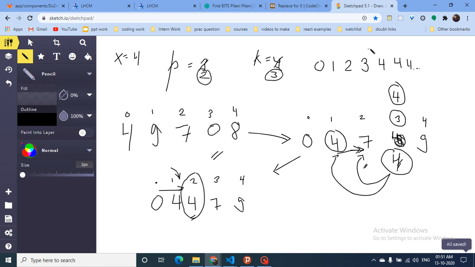Let's assume I have numbers till 3 in the array, 0, 1, 2, 3. If I keep on inserting 4, then it will start from the 4th index, and 4 will keep on inserting from this position, 4, 5, 6 and so on. I hope you get my point.